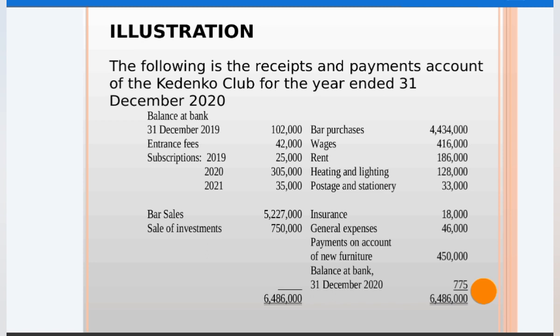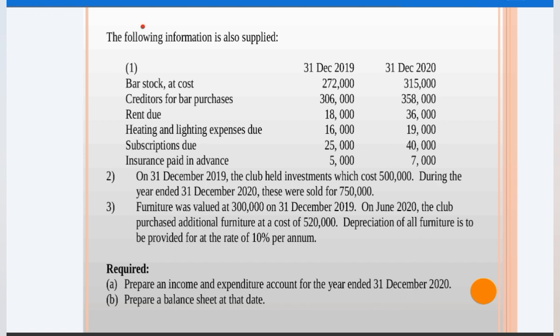So that is the receipts and payments account. And then we are also given the following information. Number one, we have the balances at the start of the year and at the end of the year. So at the start of the year, the stocks were 272,000, and at the end of the year, 315,000. Then we have the creditors for purchases,